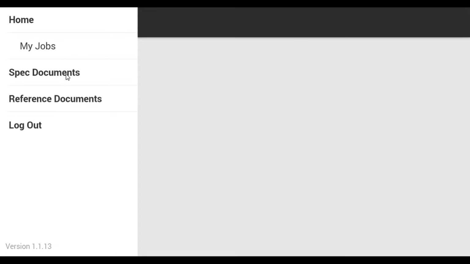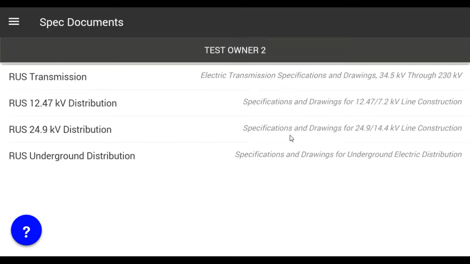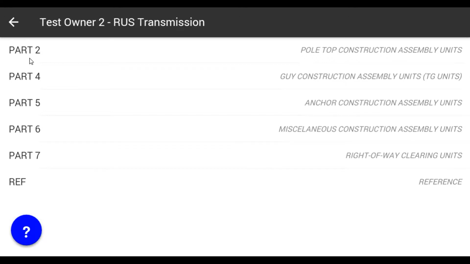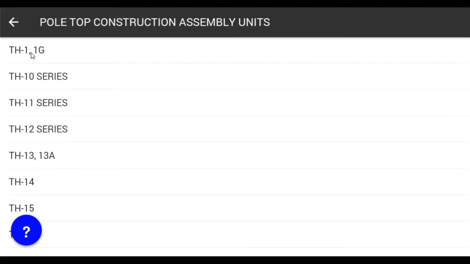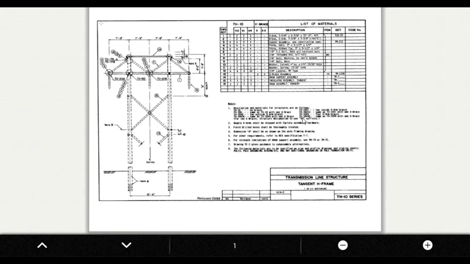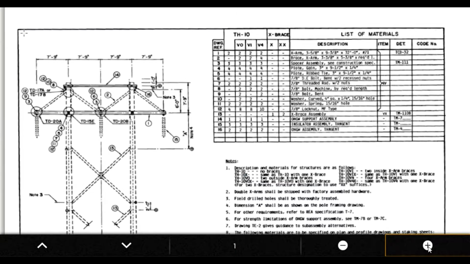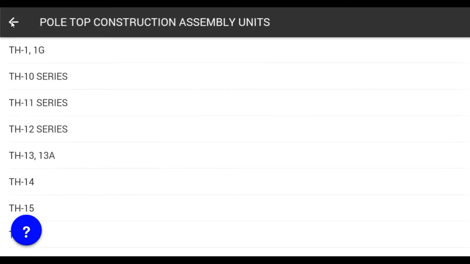Let's take a look at that reference data for a second. Specification documents show all the spec books for which his work is associated. You can go ahead and drill into that and actually get right on down to the specs that he might be looking for. Pretty handy little feature. At this point, he can go ahead and view this, print it, or email it to himself. Going back,